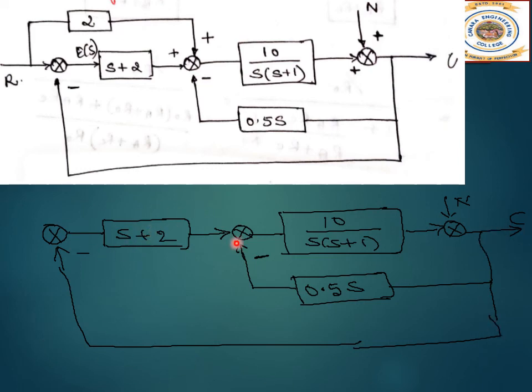Now we'll have to redraw this. So now again redrawing it. It's always easier for us to have the input here and the output over here. That is why we'll just redraw it in the same manner, input and output over here. See, this is the input, and directly from here it goes to output. So in the forward path now we don't have anything, only a simple straight line with the gain 1 only. All this will come in the feedback path. So we'll just redraw it. Okay, yes. Let me just write over here.